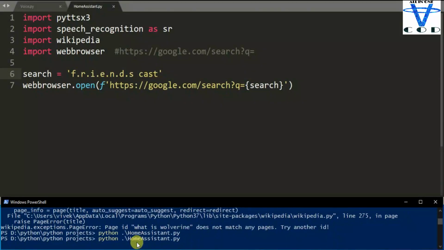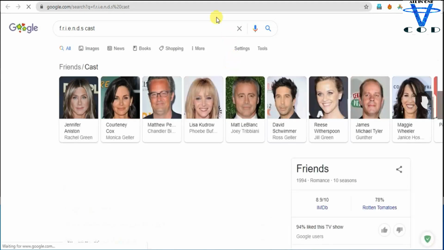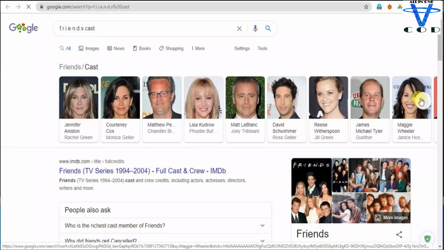You can see it is redirecting me to, yes, we got all of the cast of Friends. You can see Jennifer Aniston, Courtney Cox, Matthew Perry. Okay, all of the cast is available in here. So that's how you can search something using the web browser.